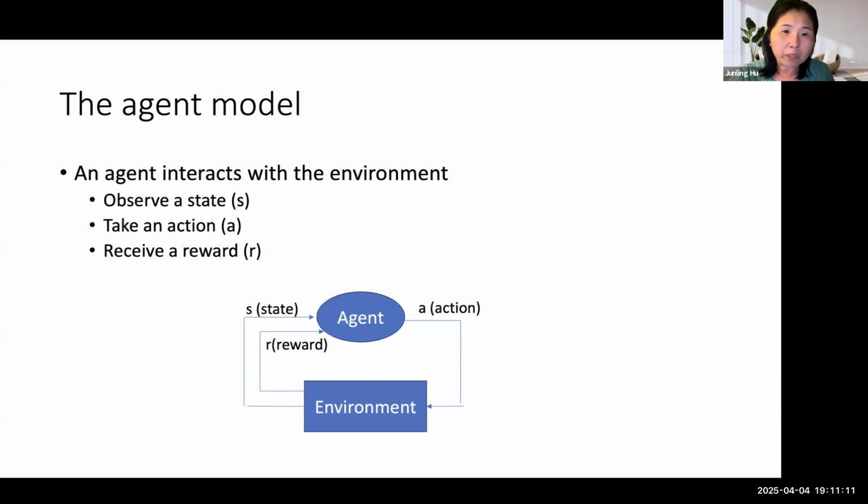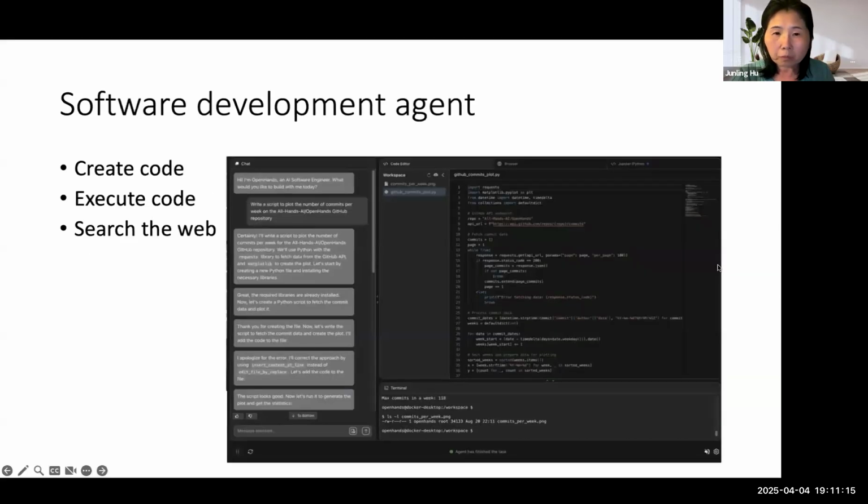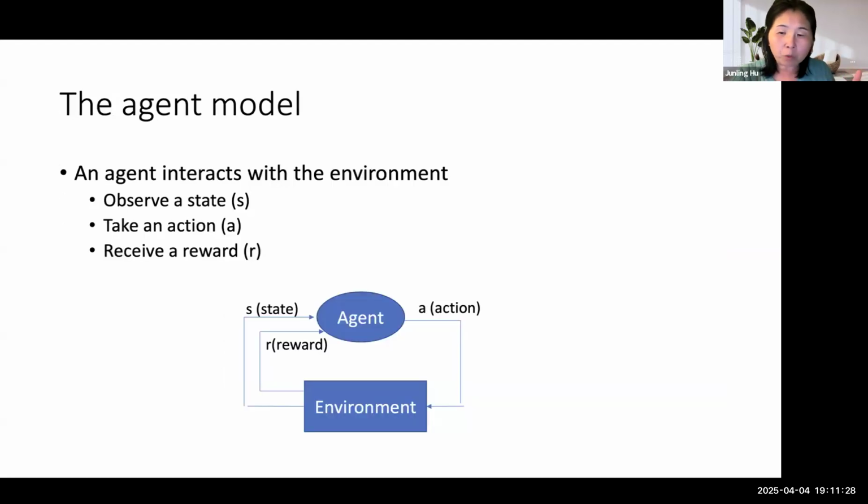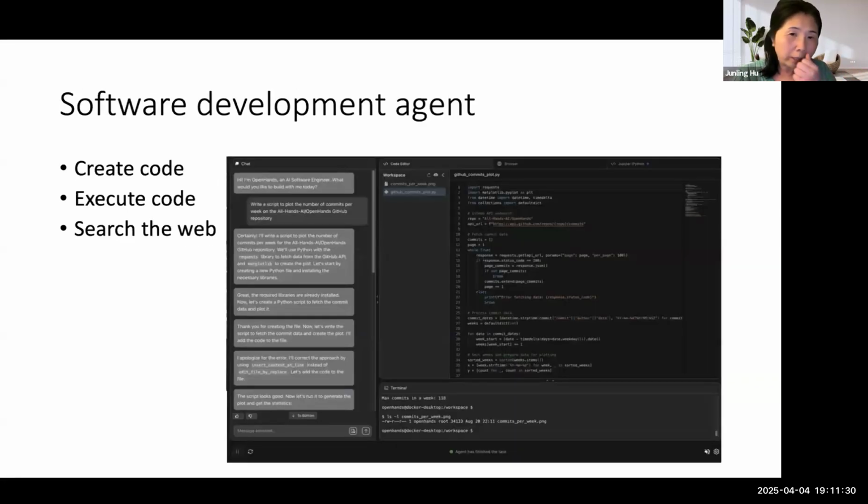Now, the reason I'm saying that is, if you look at this software development agent, it looks like a different kind of interface. It's different from this model that I described, but I will explain why we can put that into that framework. So a software development agent essentially has a chat on the side, making a conversation with the user.